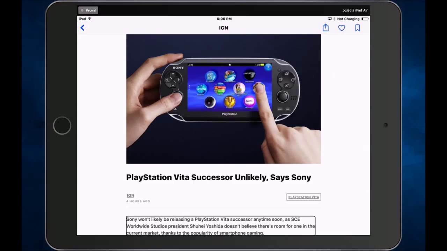Sony won't likely be releasing a PlayStation Vita successor anytime soon, as SCE Worldwide Studios president Shuhei Yoshida doesn't believe